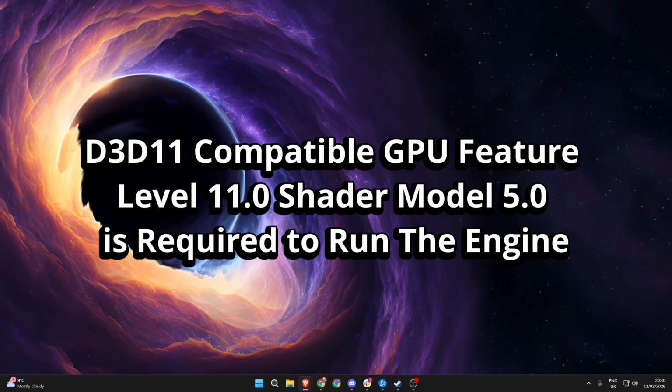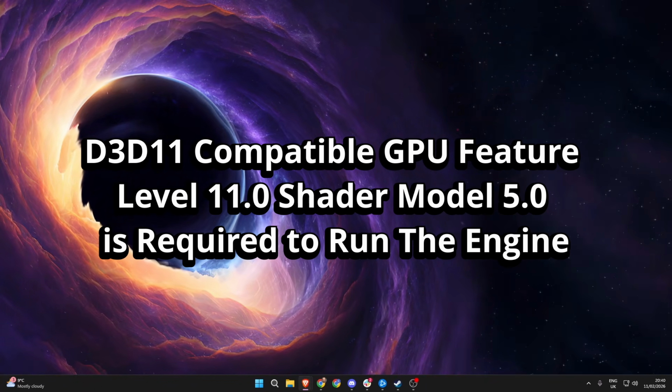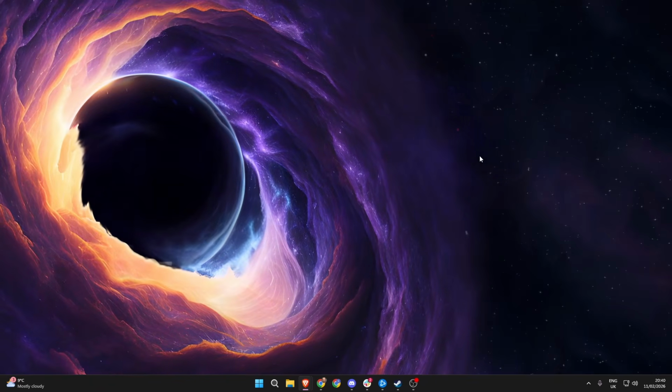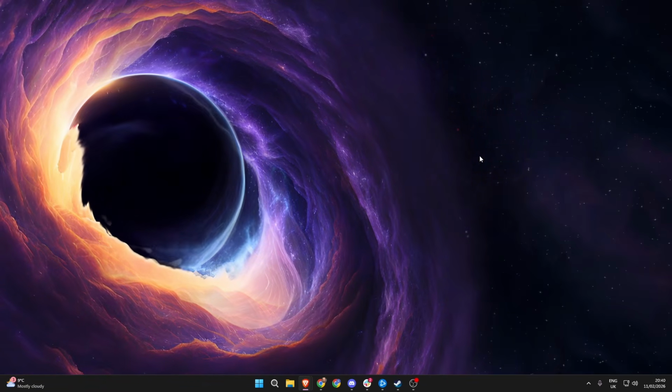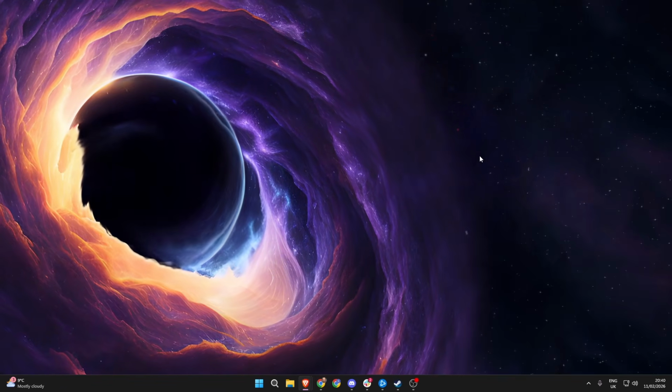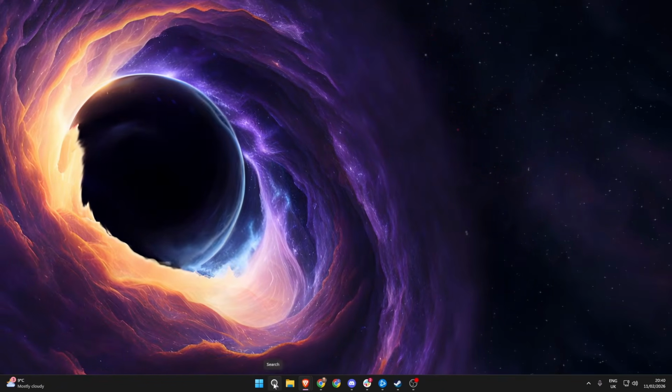Hello there. I'm going to show you two methods to fix the error message D3D11 Compatible GPU feature level 11.0 shader model 5.0 is required to run the engine. That was a mouthful. The first thing we're going to try is go on down to your search bar and